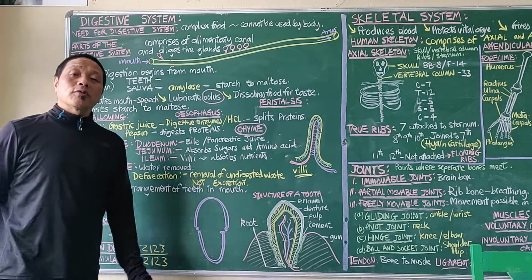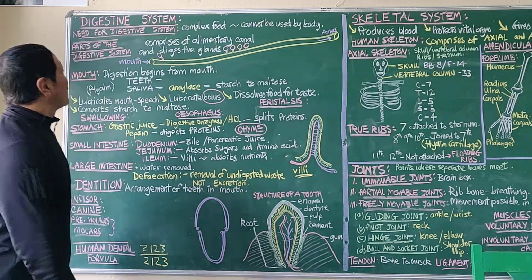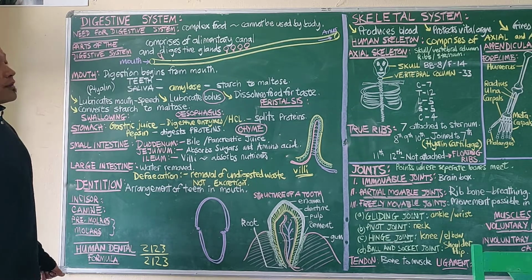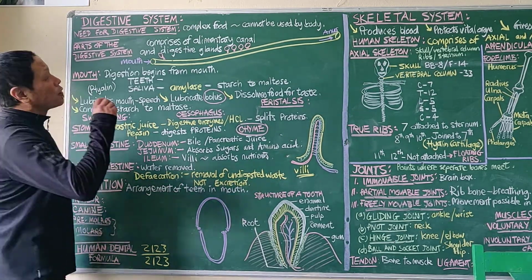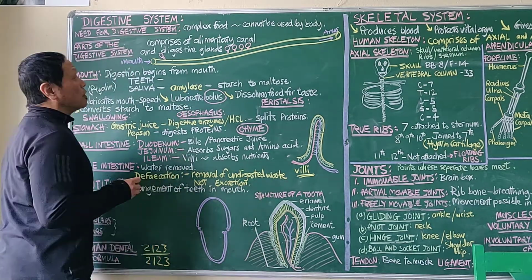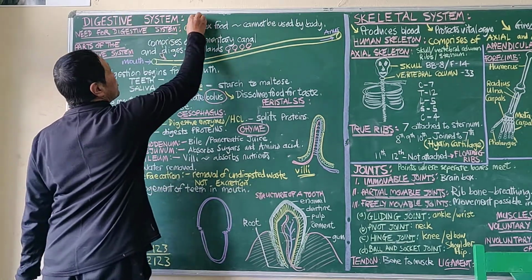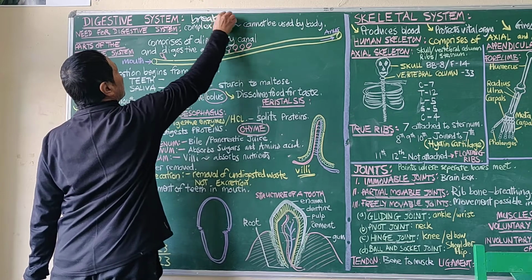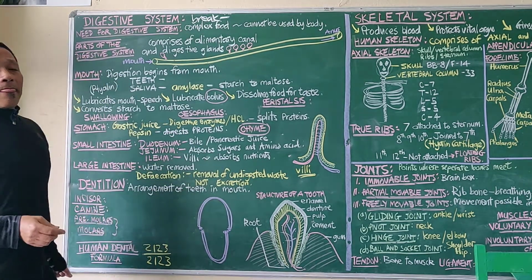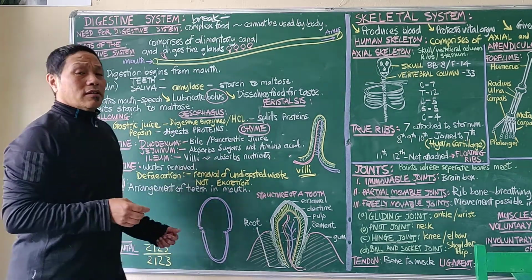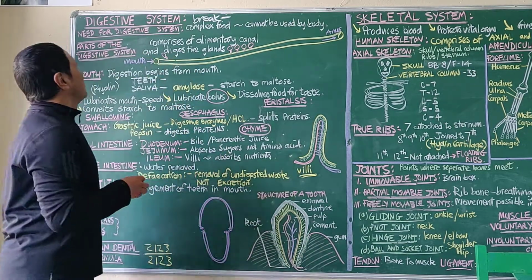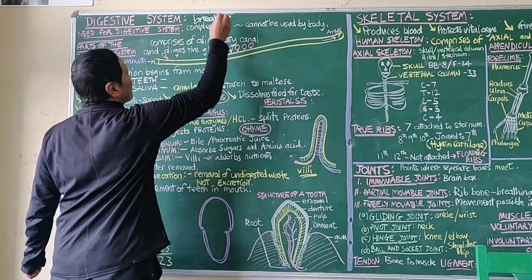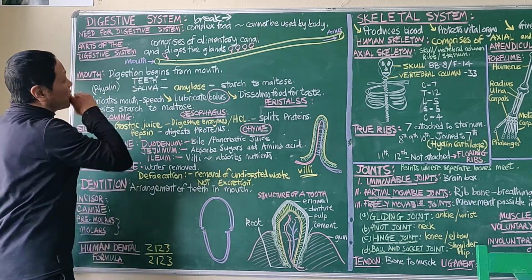In this video, we talk about the digestive system. The digestive system is required in order to digest or break down food. The word digest means to break. But it's more than just breaking, it's more than a hammer that breaks. Okay? The digestive system does a lot more than just breaking food.